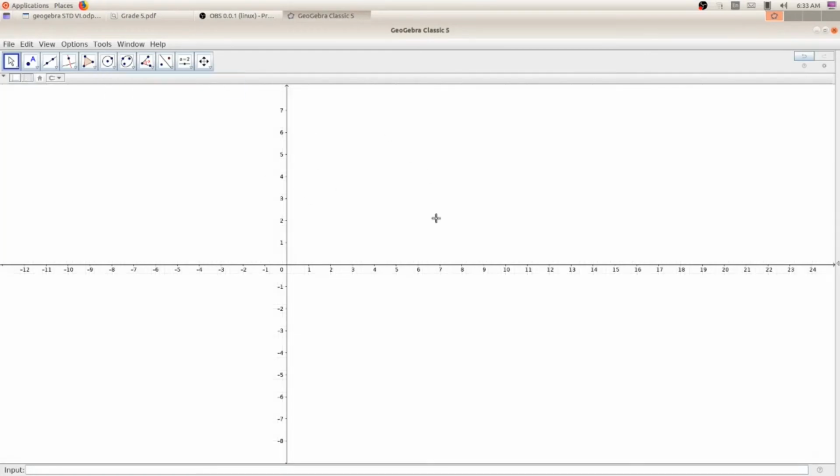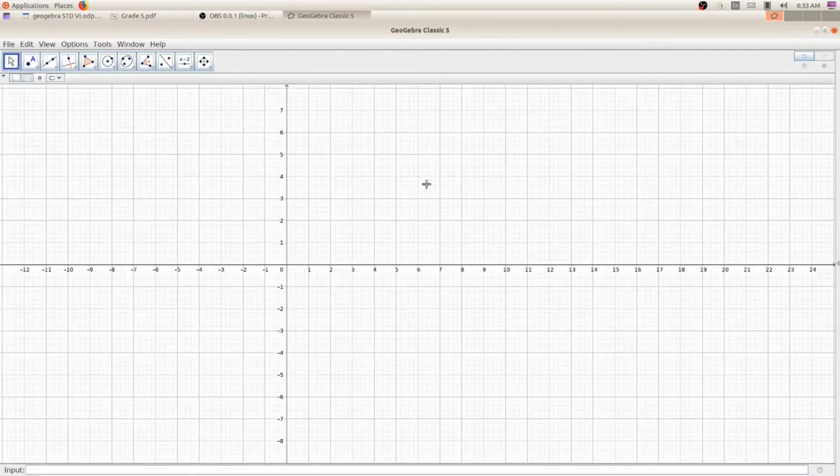Now there is no grid here. It is blank, a white color space. If you want the grid again, click on the tool again. Then it will show the grid. Now you can see the grid, right? If you want to hide the grid, you can click again on that tool.